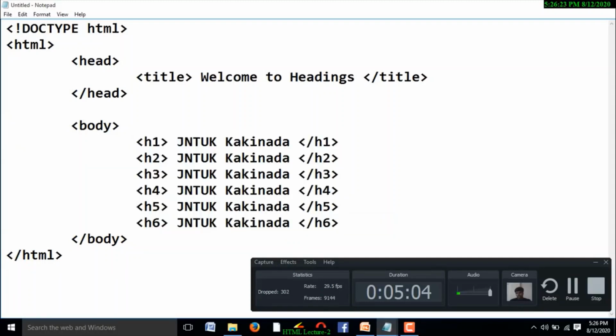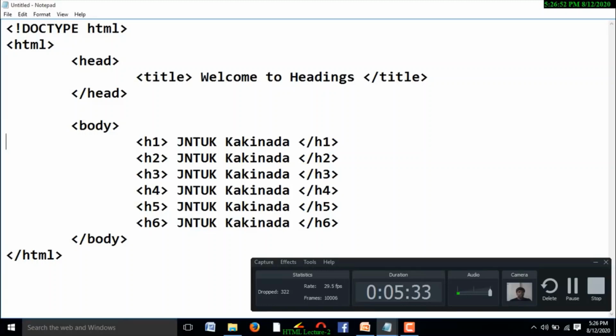Here heading is represented by the character H, and the style of the heading is represented by a digit from 1 to 6. You may use any digit from 1 to 6. Based on the digit, it is going to display the size of the content.